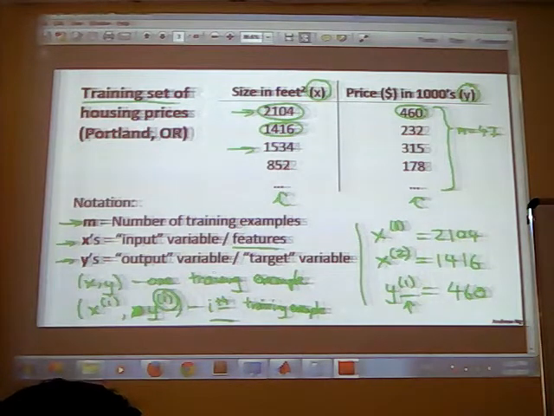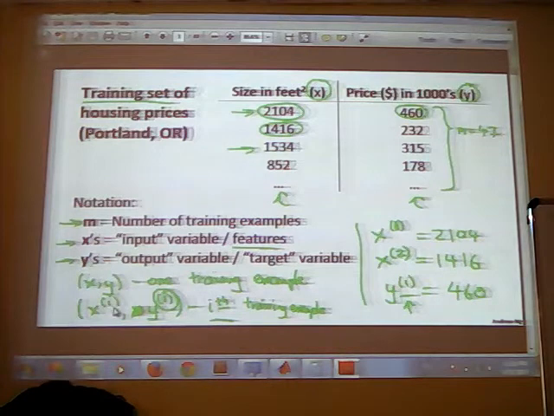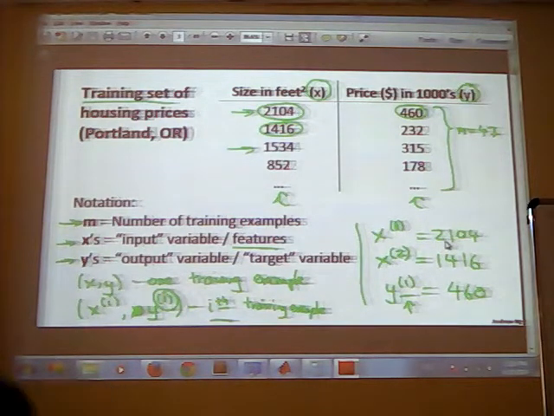But how do we do indexing in this data set? That is done by writing a superscript on x and y: x to the i and y to the i. This represents the ith training example. For example, if we are talking about x superscript 1, we mean the very first example, that is 2104. This is not a power. This is simply a superscript to index the given example. So x superscript 2 means 1416. Similarly, if I am talking about y superscript 2, what will be the value? 232.